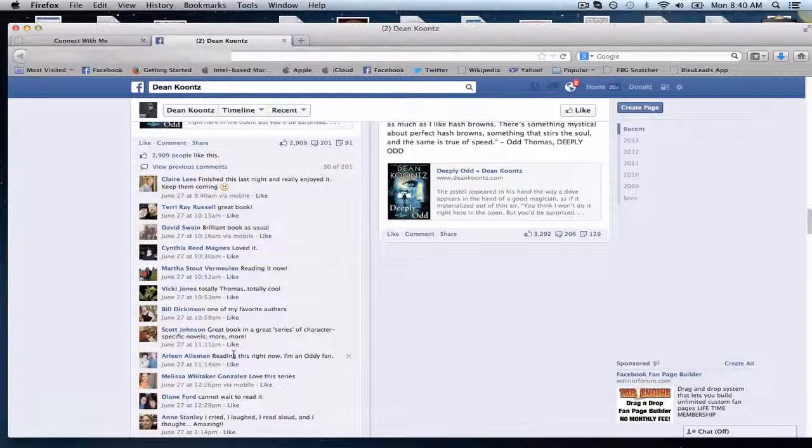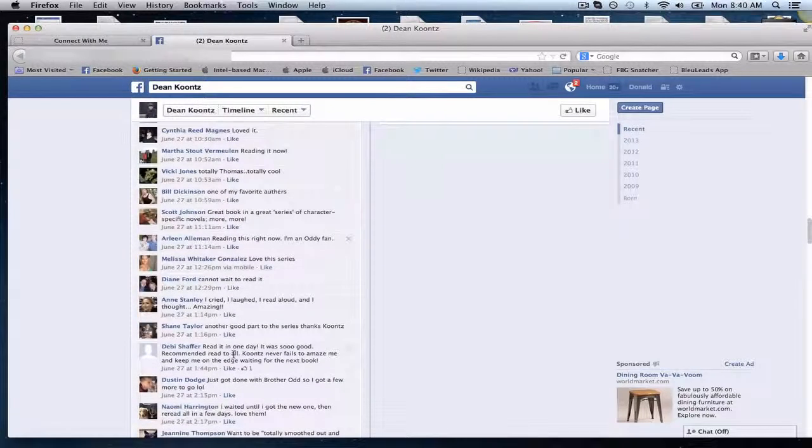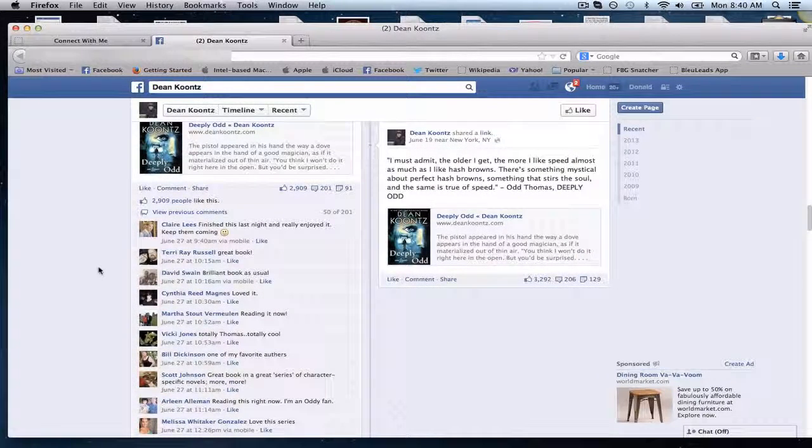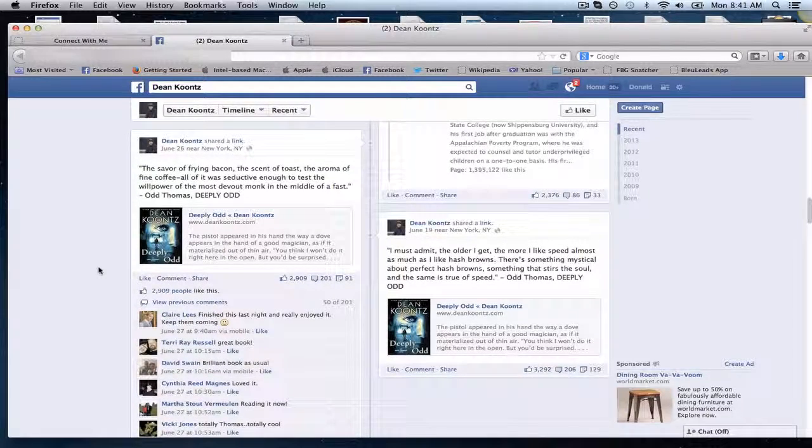Okay, this isn't some freebie list that you have to opt in your list and then convert them into sales, and then you've got your buyers. These are already book readers that are actively reading these types of books in this niche. So if you make any book that's similar to the book that Dean Koontz has, you can scrape this audience and serve it up to them on the side of the wall. It says, like Dean Koontz books? Then you'll love this. Click here. Then it goes straight to your actual thing on a newsfeed ad, and you'll crush it like that.